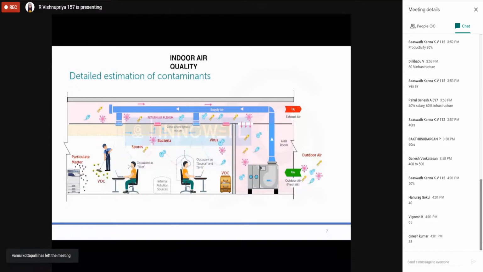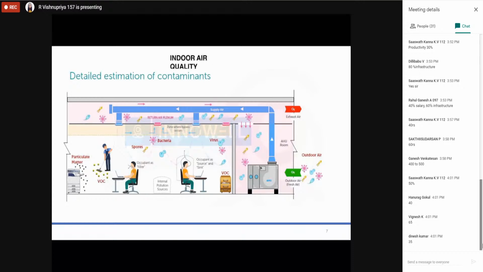And number two is this. You can see a pictorial representation of this complete part: how the AHU and how the air is being supplied, what the VOC content is, and what things are available in the air. If you see, there are multiple particles in the air. Those particles are directly filtered in the AHU. If particles get clogged in the filter, by cleaning the filter we can remove that dust, so it creates a healthy environment.